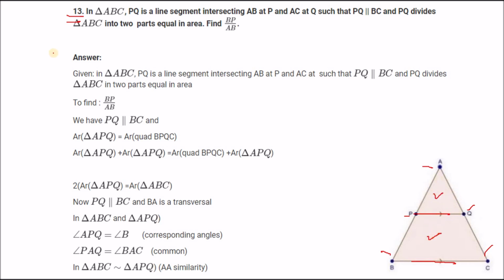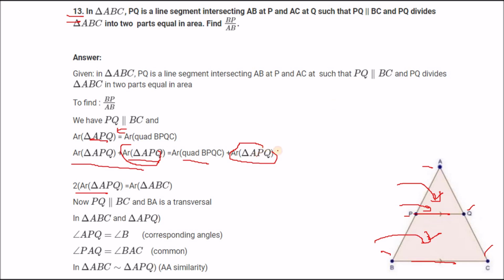So you can say area of APQ, that is this triangle above, and this trapezium, or you can say it is actually a trapezium, but we'll call it a quadrilateral right now. So these two are equal. Now what we can do here is add the area of this above triangle to both the sides. When we add this on both the sides, what do we get? This is twice the area of triangle APQ, and this will be the area of the quadrilateral,